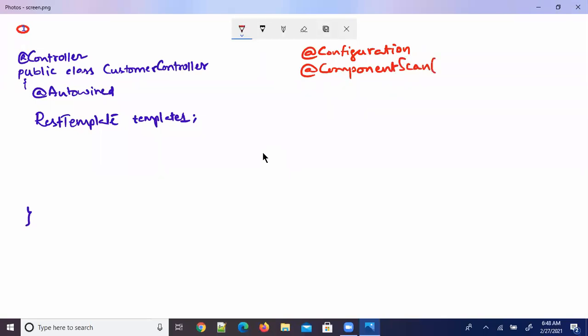As you know from yesterday, it has an element called basePackages, and we used to provide some package name there. Next, this is my ApplicationConfig class. The class name can be any name.